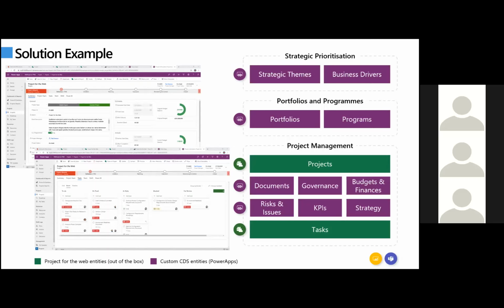As you can see, using both Project for the Web and Power Apps together, you can access a solution that's much richer in functionality. It can provide you with the ability to prioritize your projects, provide access to live portfolio views, and give you access to RAID logs, governance frameworks, and so on. For those of you that have used Microsoft Project Online historically, or even now, we can effectively recreate Project Online with Power Apps and Project for the Web combined. So this is obviously what I'm going to be demonstrating now.